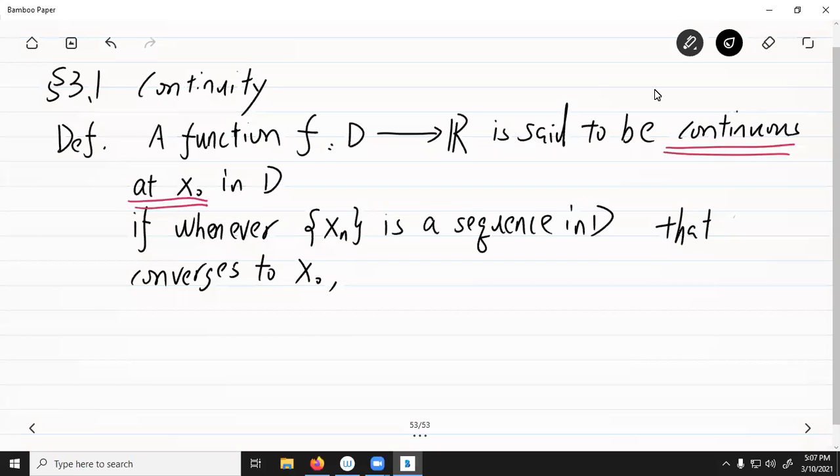Whenever you have this kind of sequence in D, and the sequence xn will converge to this x0,